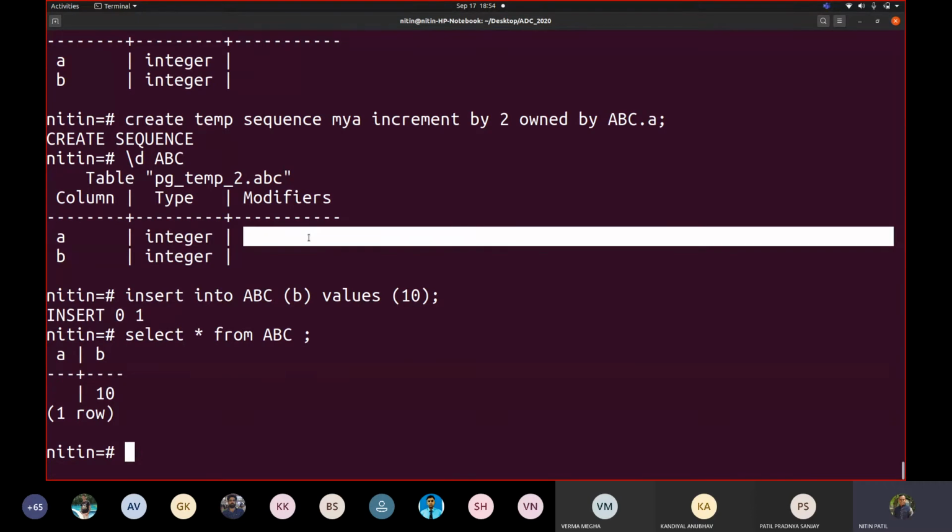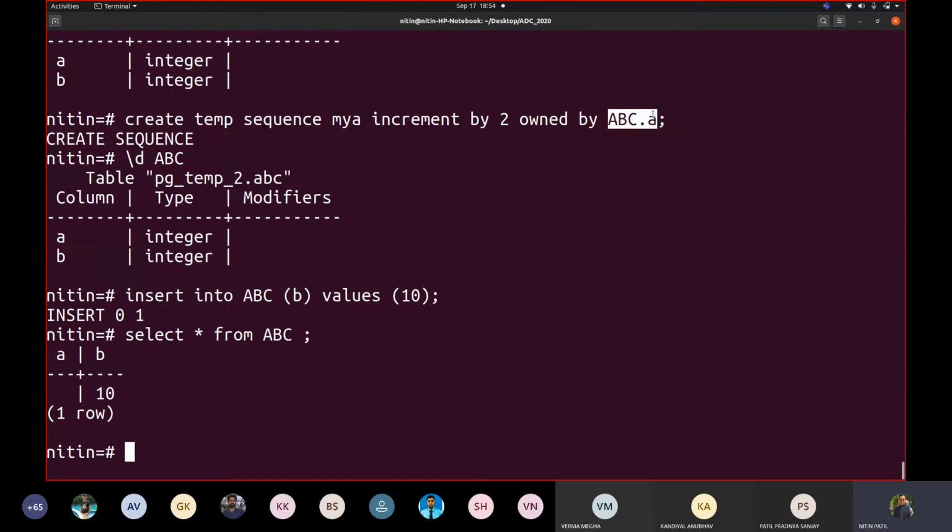Now your target is to try to find out how to associate this table. We are saying this is owned by this column. How to associate this particular sequence to the table to get this added. So this is your homework for today. I created a sequence like this. You can create a temporary table, or you may not even create a temporary table. You can take a particular table and try to associate this. So how will you associate it?